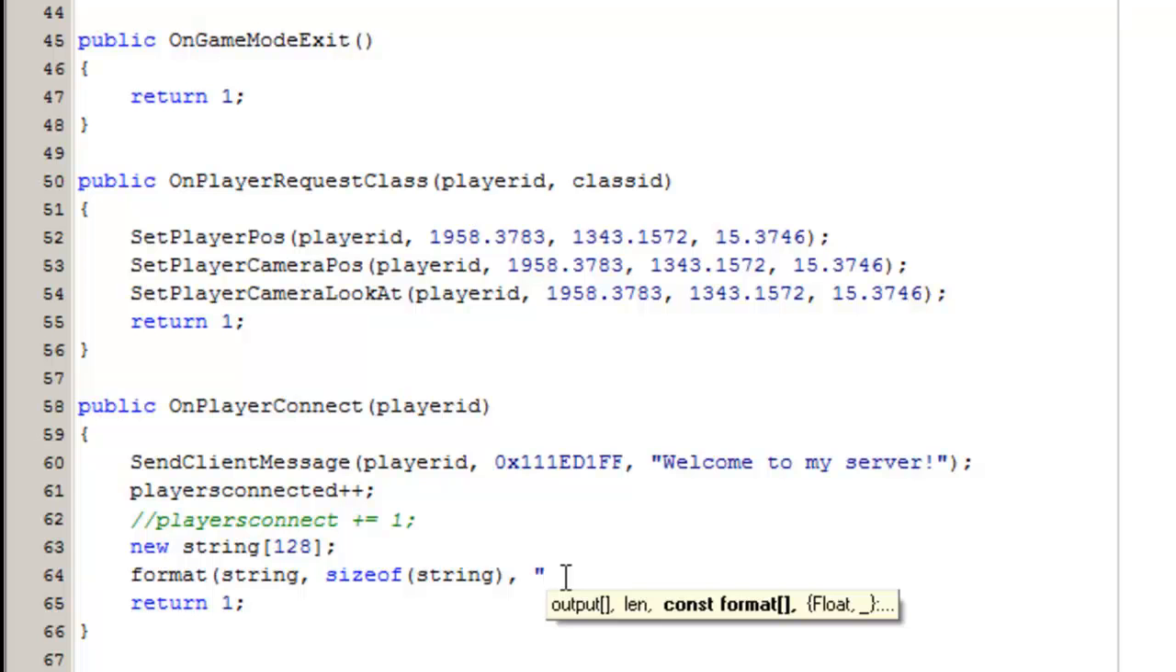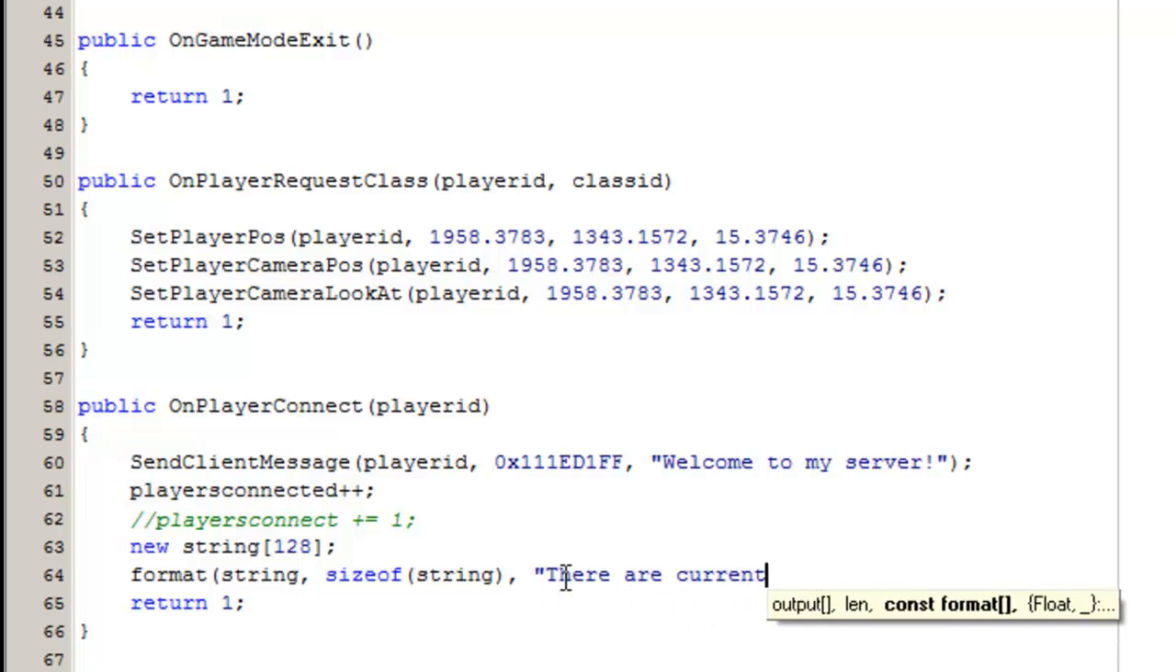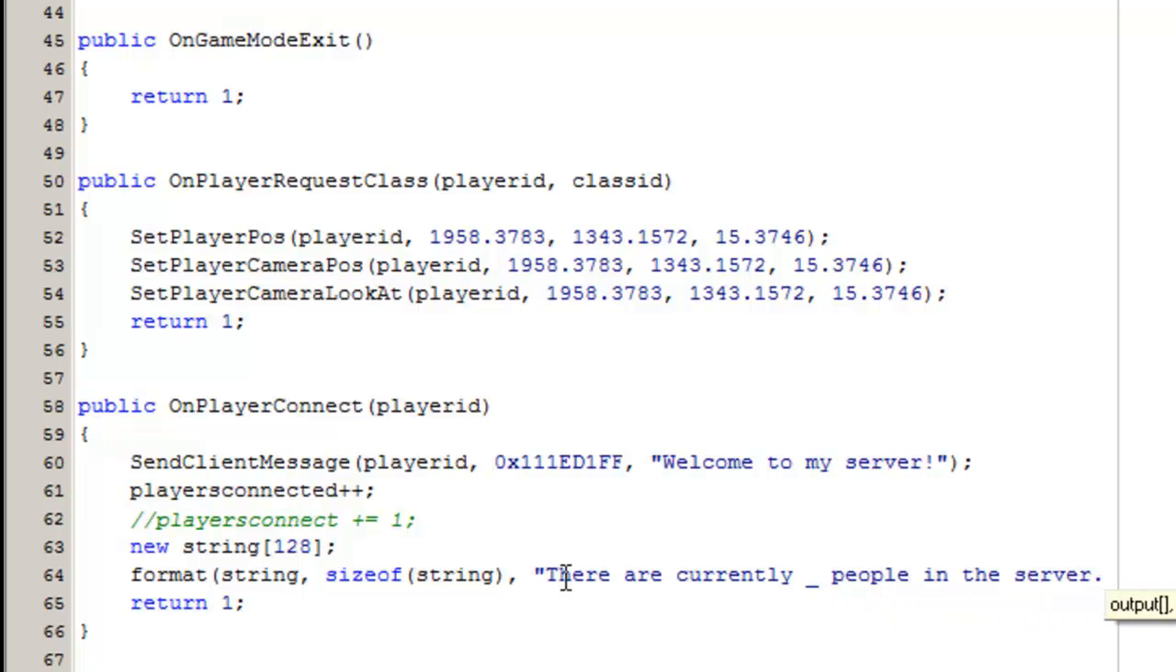You're gonna want to do, well, since we want to say how many players are in a server, we're gonna do "There are currently, I'm just gonna put a space here for now, people in the server," like that. They're here. We want the amount of people to be in this spot right here. And to do this, we have to put